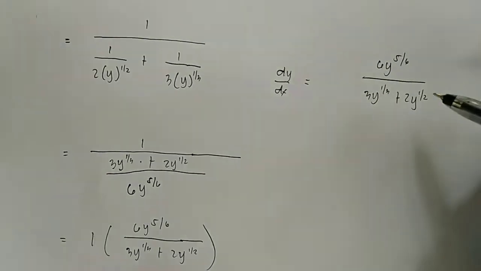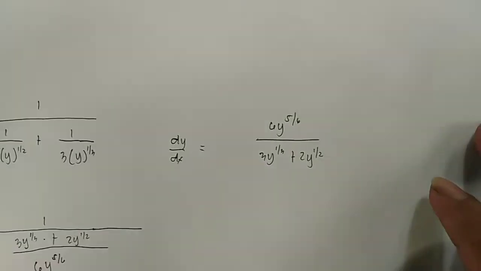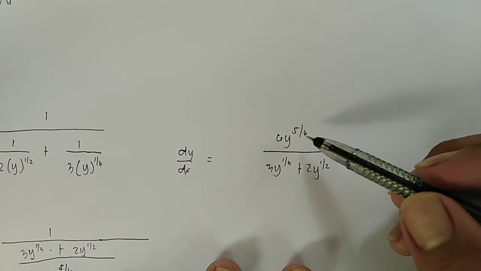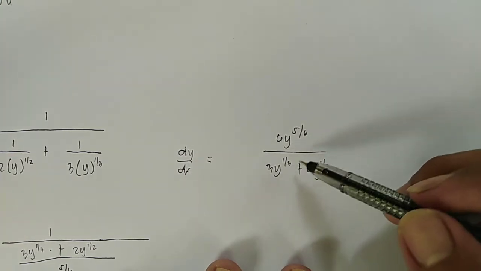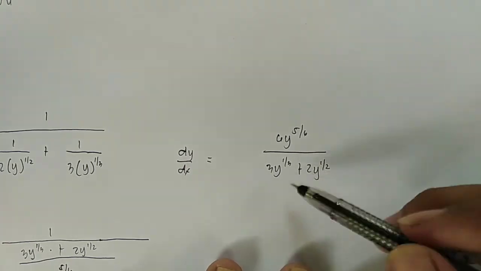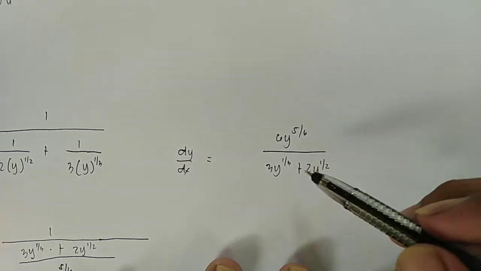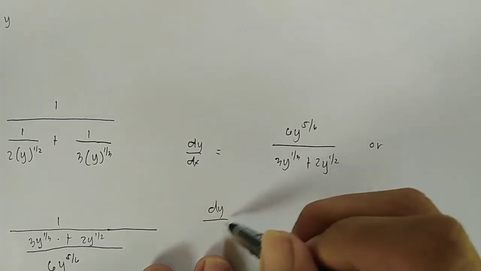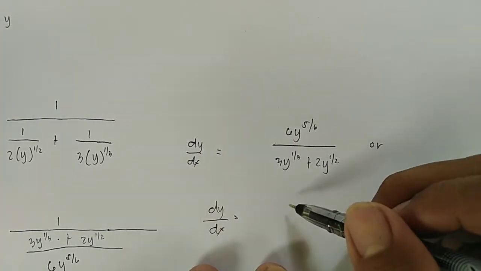So yan na yung sagot. Ang final answer natin, since hindi na ito ma-simplify into lowest term, ay 6y to the power of 5 over 6 all over 3y to the power of 1/3 plus 2y to the power of 1/2. Or pwede rin ibalik mo to sa original na form na radical. So pwede rin na sagot mo ay